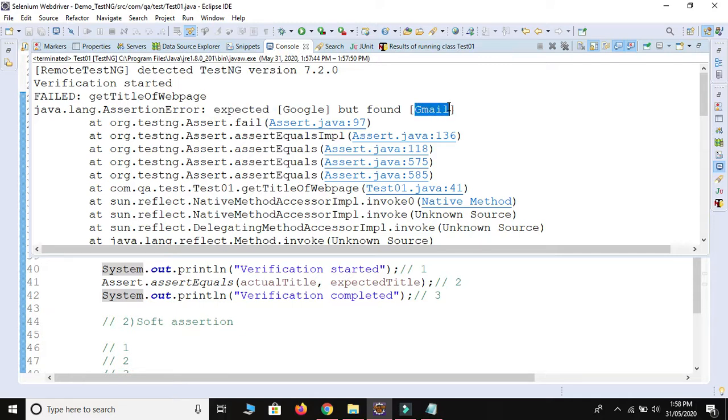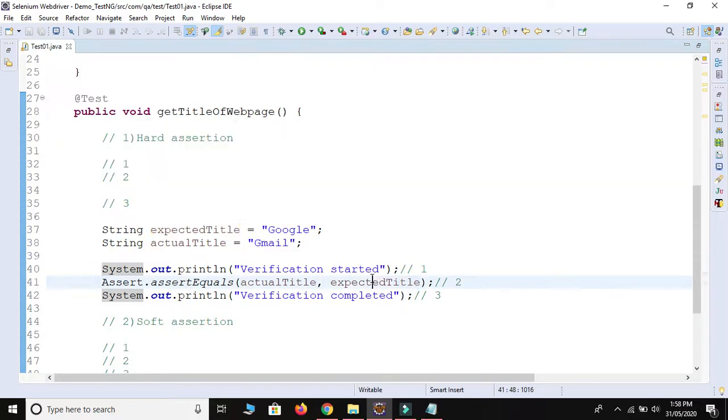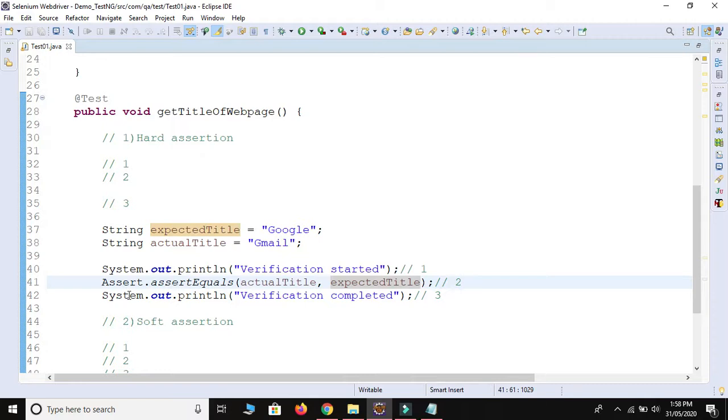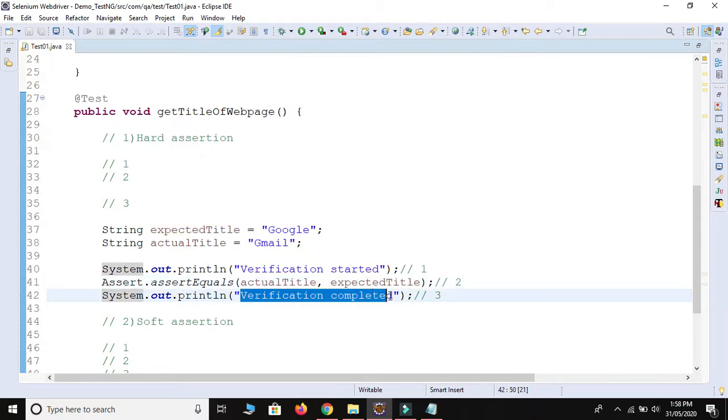Sorry, this is the exception. So as I said, if we get an exception at any line, then the remaining lines will be ignored. So in this example, we get an exception at line number 2. That's why it will not come here. It will not print verification completed.